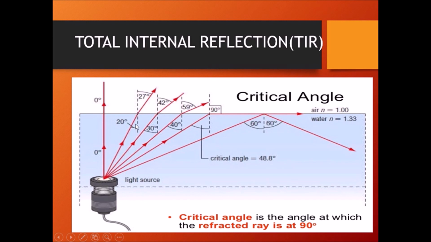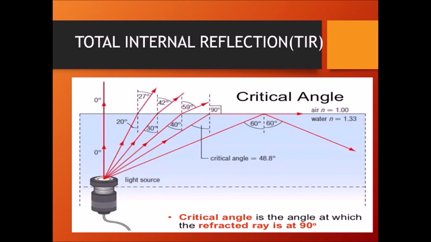You can see the next one. When it is making some angle, let's say 20, here the angle of refraction is 27. If you look at this ray of light which is hitting here, obviously this angle is more than 20, so let's say 30, and the angle of refraction will obviously be more than that, that is 42. For this ray, the angle of incidence is more, that is 40, and the angle of refraction is 59. So remember, it is going from denser to rarer, so obviously it will be going away from the normal, and that is why the angle of refraction here is more.